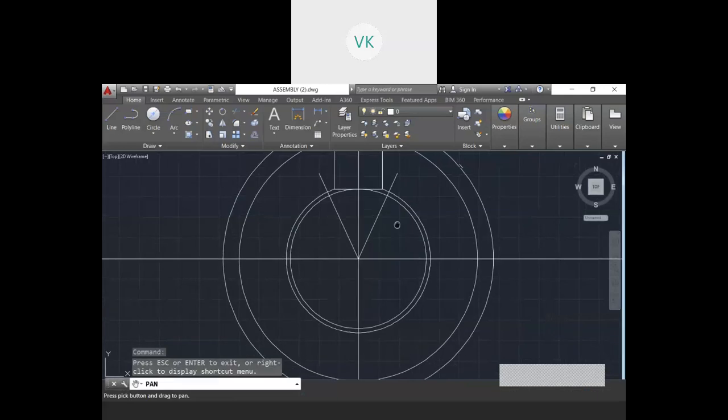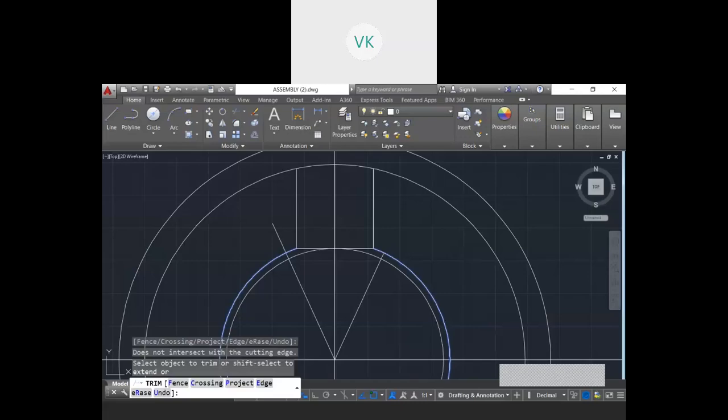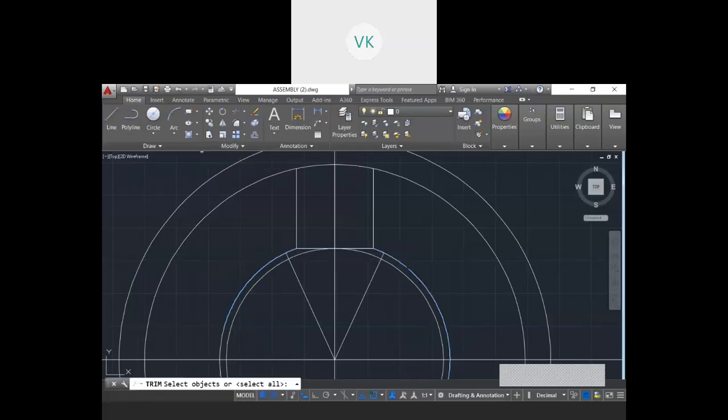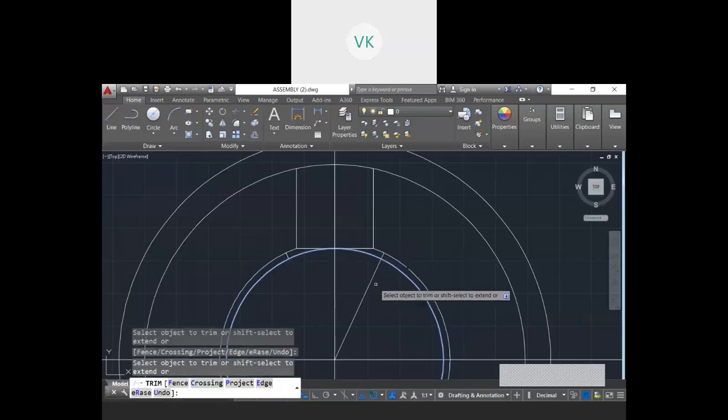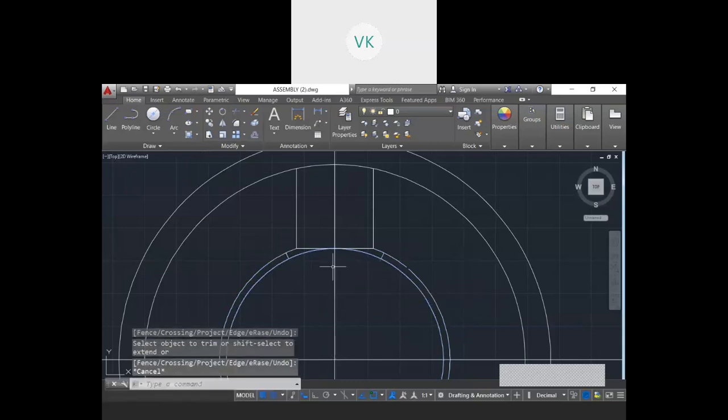Okay, then I will trim this line. Only this part is required for me, the outer part is not required, and so I will trim this. Once again I will trim here. It's done.